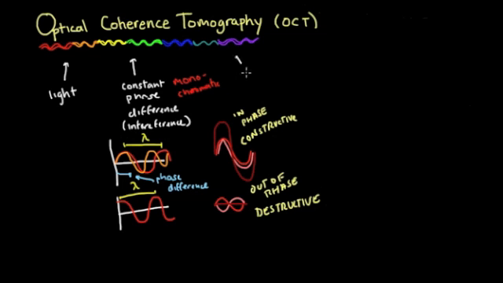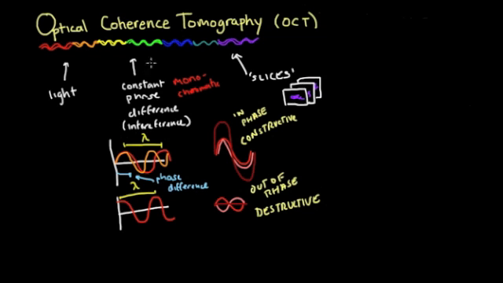Finally, what is tomography? Tomography is just imaging by sections. I'm going to put down slices, and this is just as we saw before. We had one cross-sectional view. We can use this imaging technology to get multiple slices and then reconstruct the tissue. So if we have a specific structure we're interested in, it might change a little bit from slice to slice, but we can see the structure in 3D using this technique of tomography. So the full title, Optical Coherence Tomography, really just means to image tissue by slices using this coherent property of